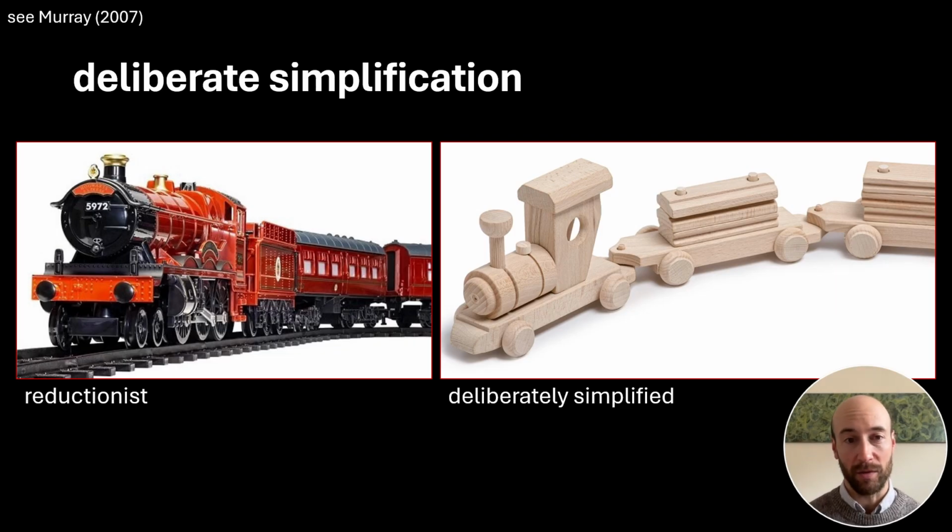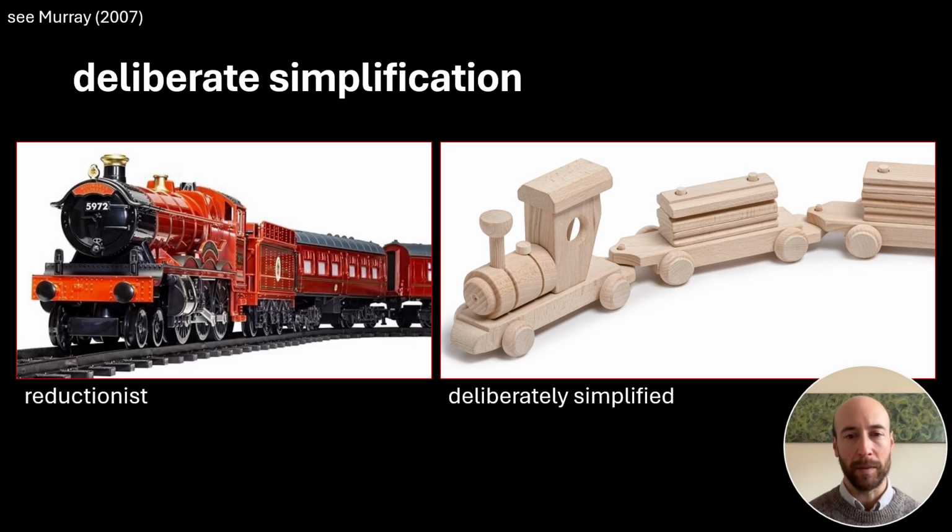It even has some detail, like there look like there are caps on the wheels or whatever. But for the most part, it's still a train, and you recognize it as such, but it has been deliberately simplified. The maker has made choices about its aesthetic and its function. There are no pistons, no flywheel, no cams or anything like that. It's just wheels on axles, but it rolls, right? It does a lot of things that a train will do.